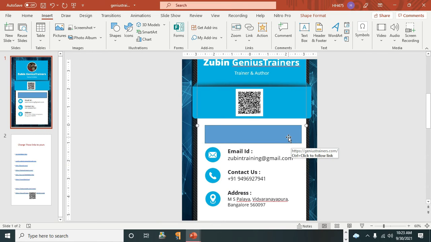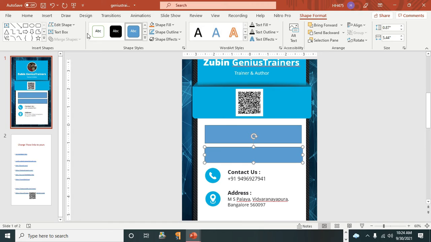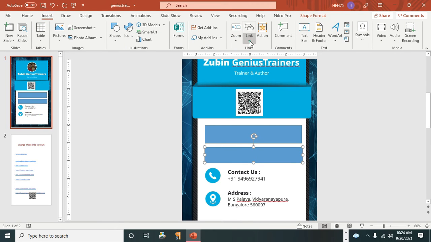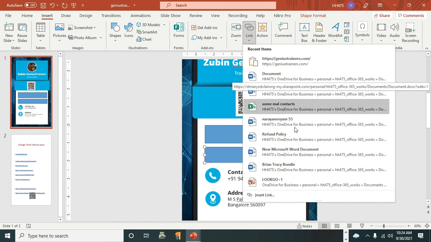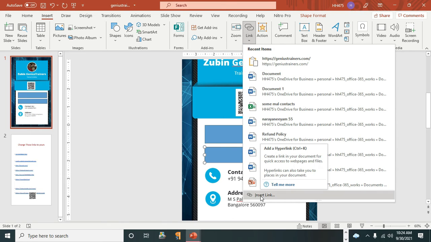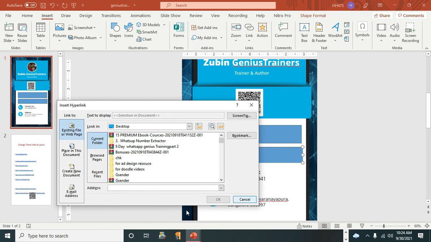Now repeat the same process with other icons. Create another shape. For that, go to insert, then shape, then cover this area. Then again go to insert, link, go down, insert link, and type your link here.